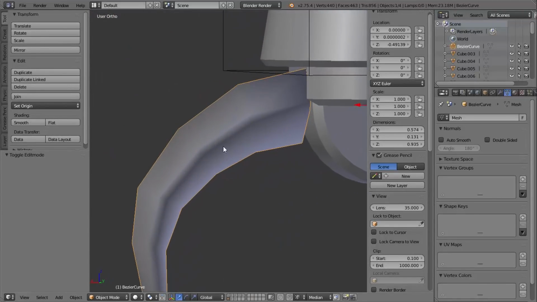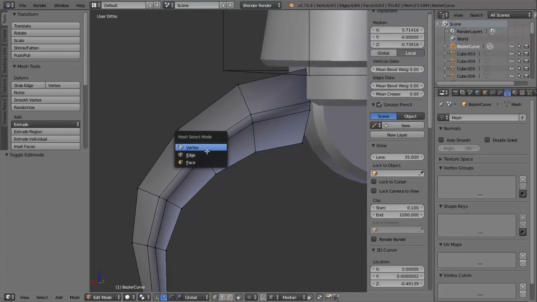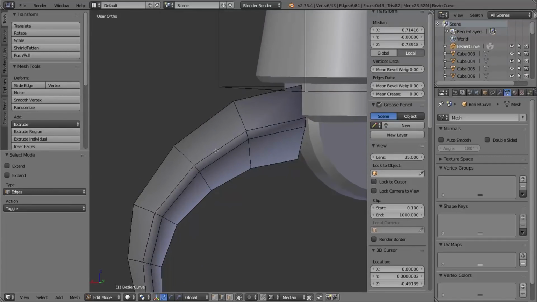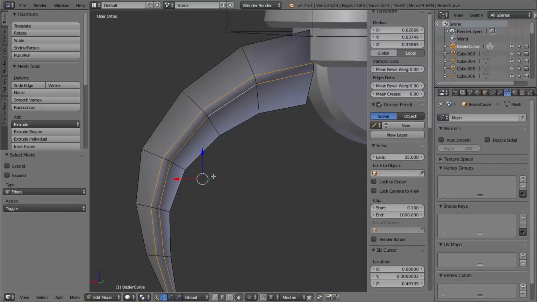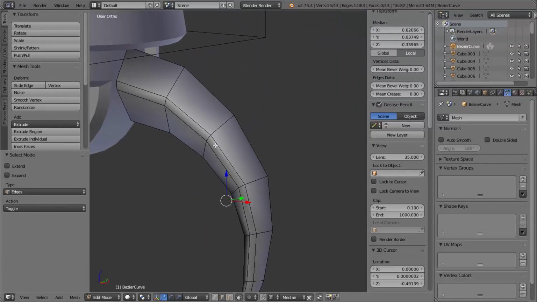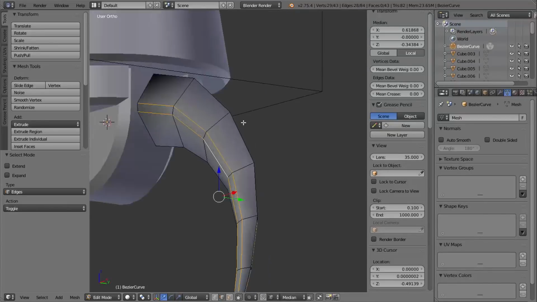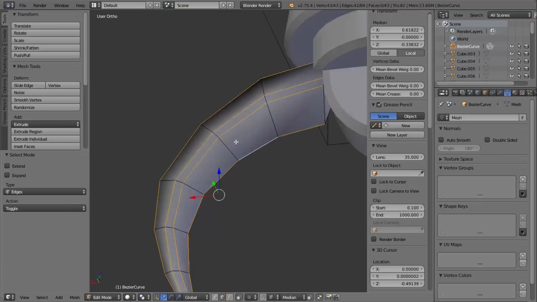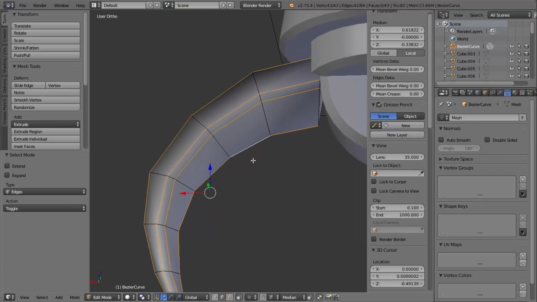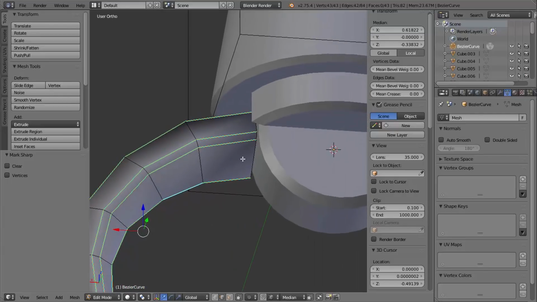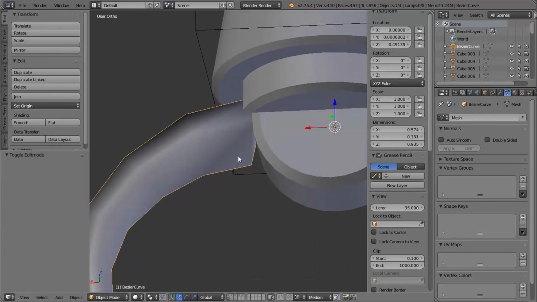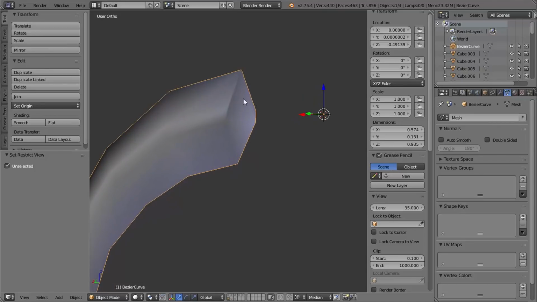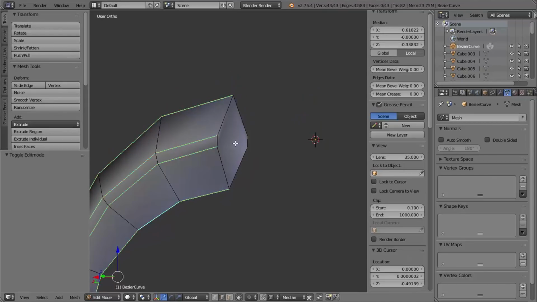Okay, so next I want to go back into edit mode and edge mode, and I want to Alt and right click on this edge loop and then select this edge loop as well, and the same on the other side. And I also want to select the outer edge loops, and I want to mark these as sharp, so Control and E and then mark sharp. And going back into object mode, I'm going to hide everything else, and I've got some smoothing issues at the end here,